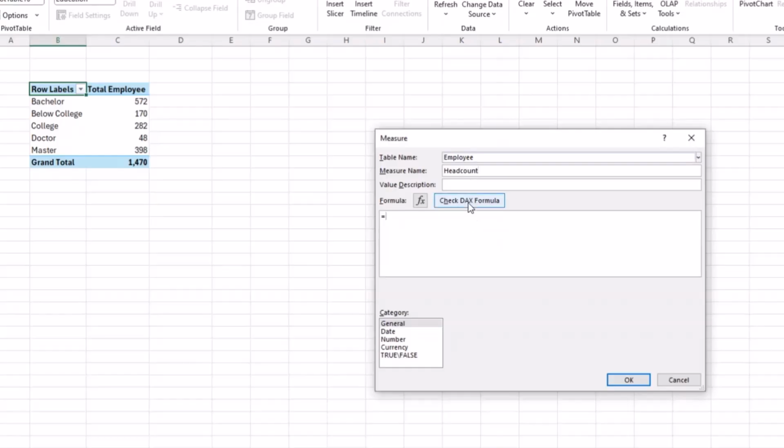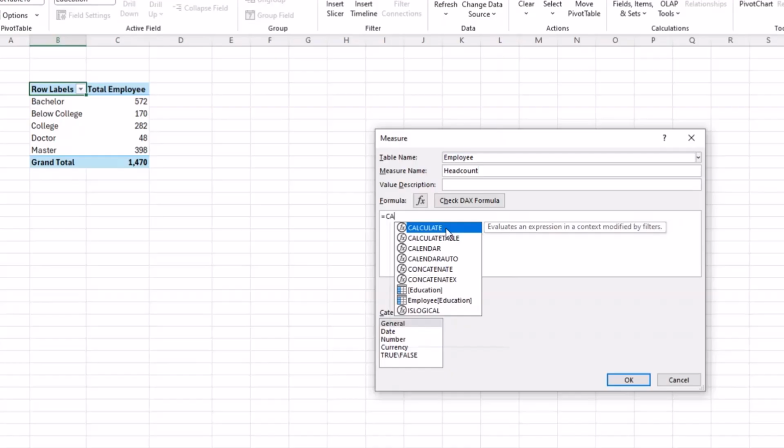and I'm going to use a formula called calculate, right? Calculate is a formula that allows you to alter a filter on a particular data set, right? Or on a table. I have videos on calculate on my YouTube channel. If you want to learn more about calculate, you can watch that video. So I can type calculate.